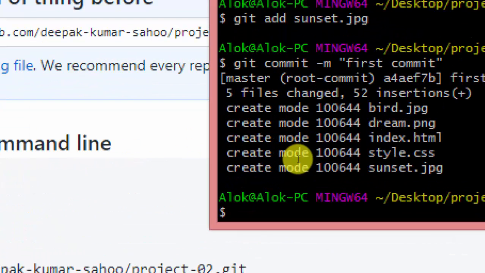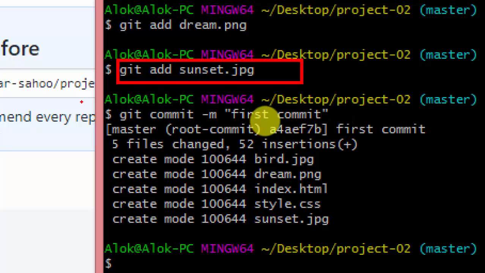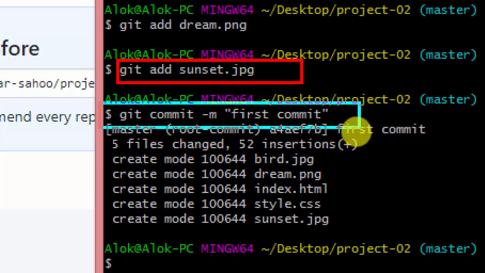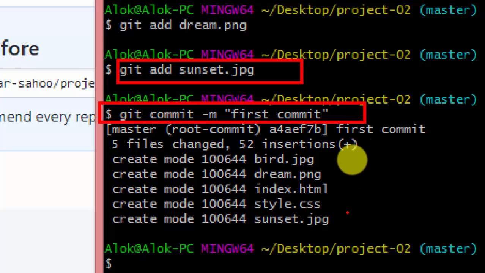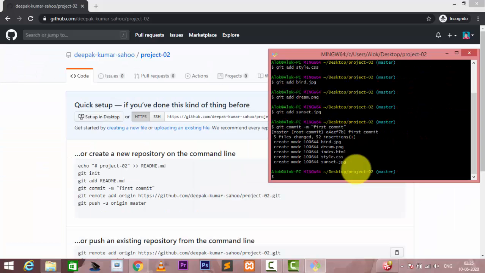Again I zoom here so that you can see I simply add the entire data I want to fetch, and after that I simply commit it here. After committing you see this content showing here. So this is the entire file, total 5 data. After git commit I use git remote.